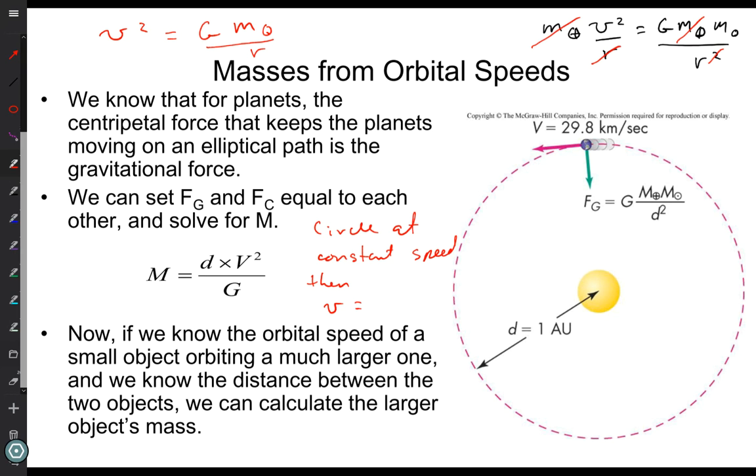So we have something going around a circle. I know that the distance it does for one complete circle is called the circumference and has an equation of 2 pi r. And I know the time for one complete circle is called the period, which I'll use the symbol capital T for. So this is going to be the circumference, 2 pi times the radius, divided by the period. So if I plug this equation in for that v squared, that's going to be equal to 2 pi r over the period, quantity squared, because it's speed squared.